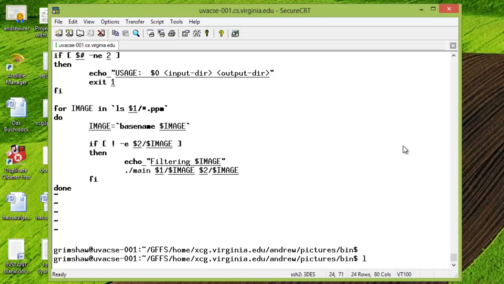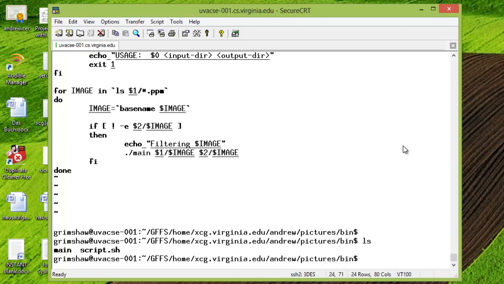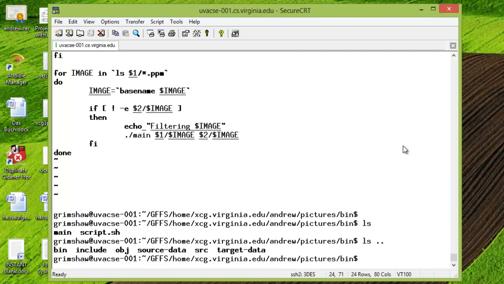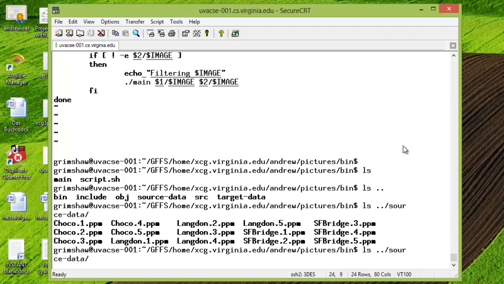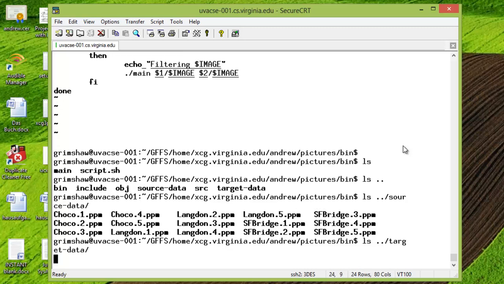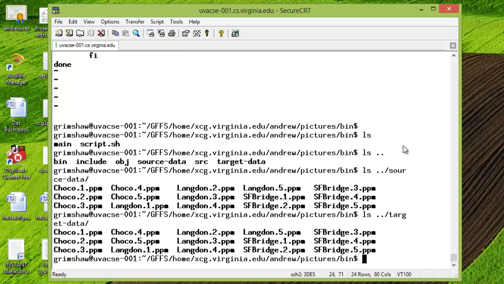we do an ls again, make sure we know what we're looking at, and we're going to go up, and we'll see that there's two directories up there, one called source data, and one called target data. And in source data, we see a bunch of input files. I'm going to make sure the target data directory is empty. Nope, it's not. I'm going to need to do a remove up in the target data. I'm going to do an rm